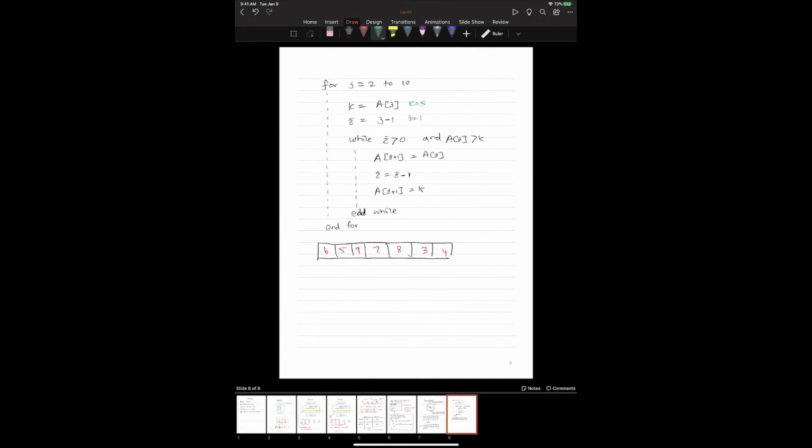Okay. So I is equal to 1. Just follow me. While, this is not a program, while means while I is greater than zero, just be logical here. While both of these conditions are satisfied, we are going to execute what is in this. So while I is greater than 0 and A[I] is greater than K, which is 5, we are going to,